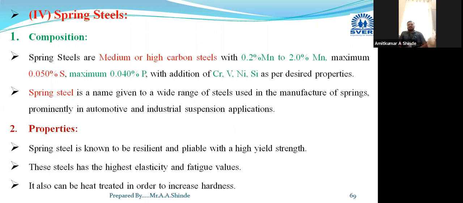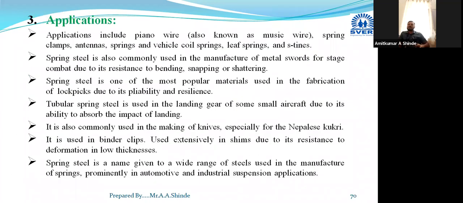Okay. Now you can perform some heat treatments if you want to change some properties. Suppose you want to increase its hardness, then you can go for heat treatment also. So after deciding their properties, okay, very good yield strength, high elasticity, very good fatigue resistance, and you can perform different heat treatments. Now we will move towards the application part. Okay, so these are a number of applications I have added here. I will show you all the pictures of these applications. First, I will go through this. I will show you the pictures also.